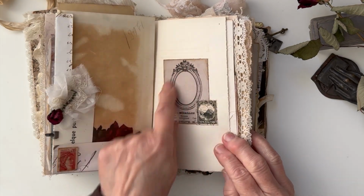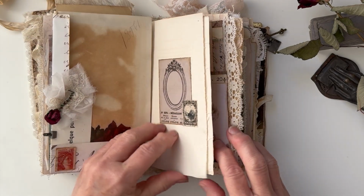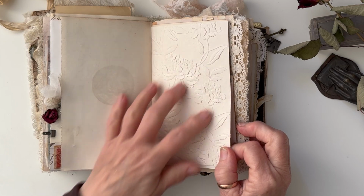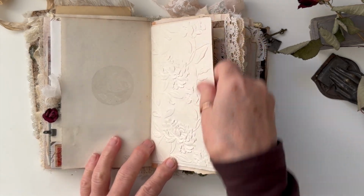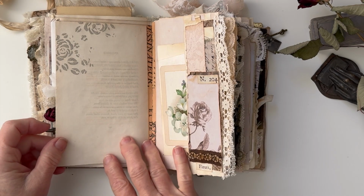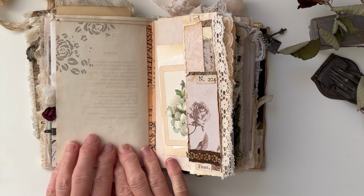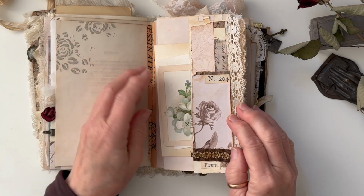Another New Zealand stamp and something from the kit. That's from Sepia Couture. Some more beautiful sort of like a handmade type paper that I've embossed, and again I've put one of the pieces of the book and some embossing,